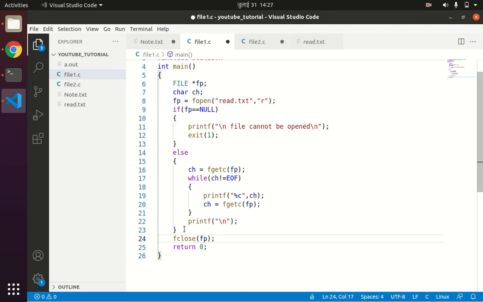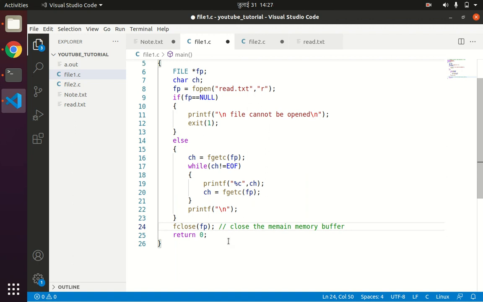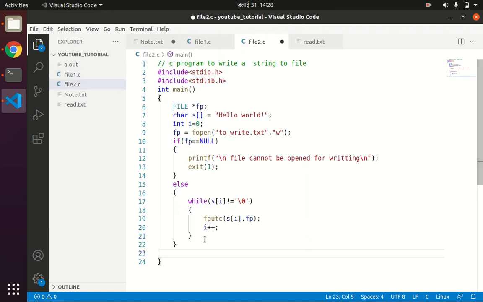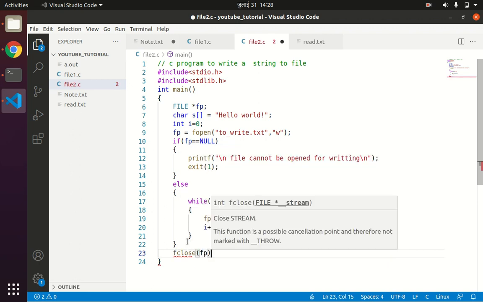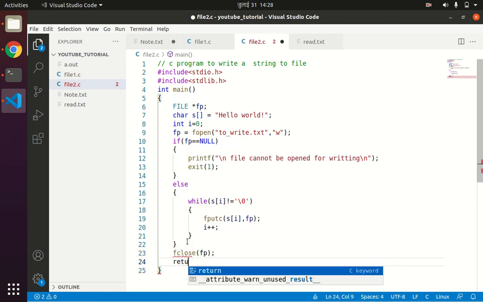So I made a mistake here by not writing fclose. Do not ever forget to close the resource once the operation is done. So at the end of the operation, always close the file, fclose fp, and finally return 0.